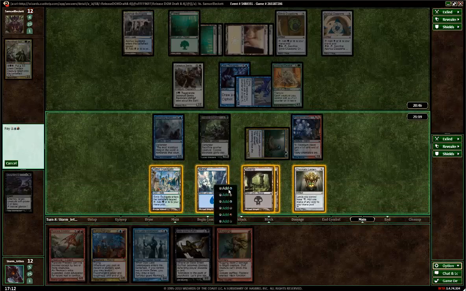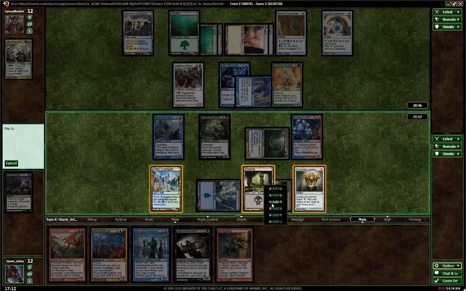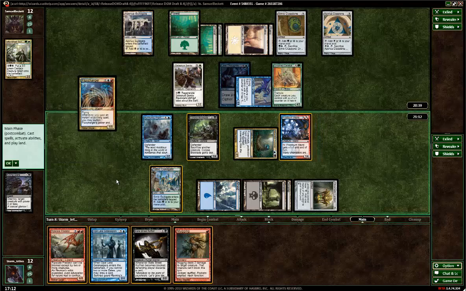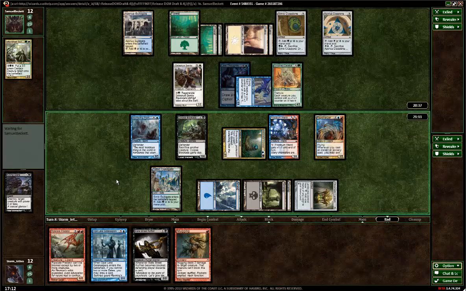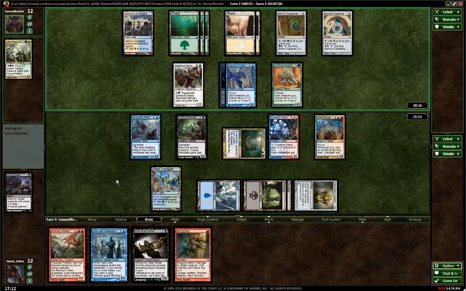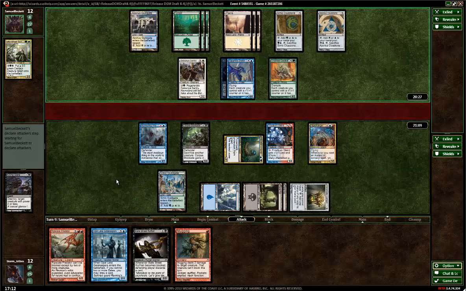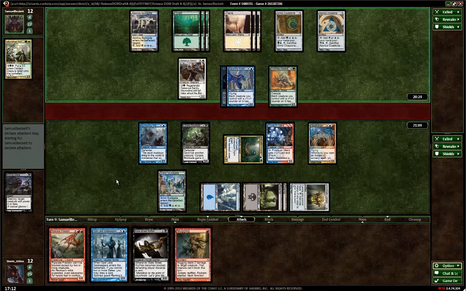Here comes the Flux Charger. I'm going to leave a land open instead of the Lantern because he might have artifact destruction. Let's see where it goes from here. If he does have a combat trick or a removal spell for Flux Charger, well, we're going to need to draw something fast for that Drake. If he doesn't have that, well, that's if